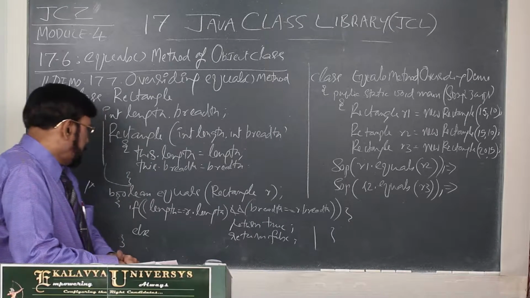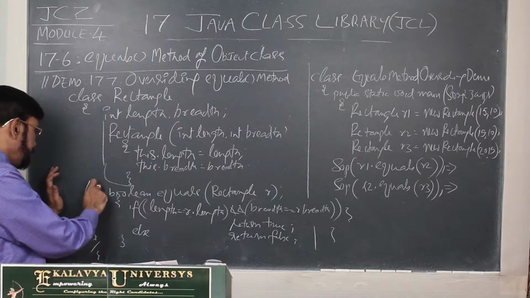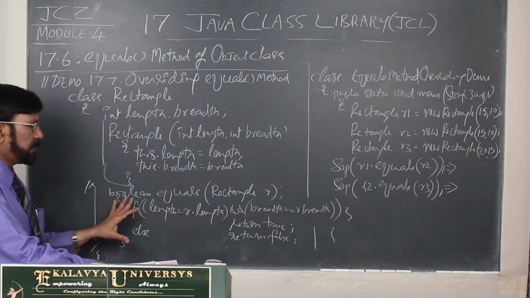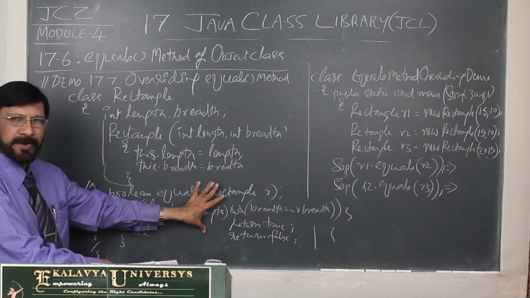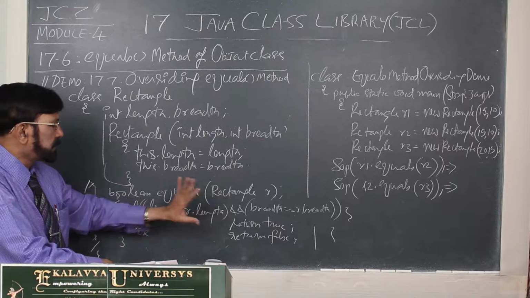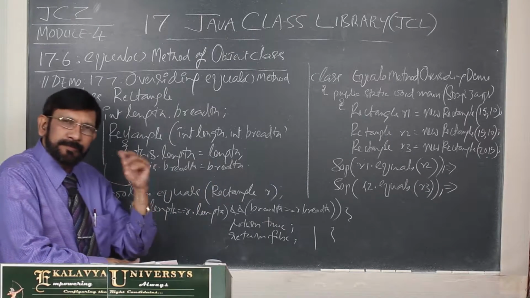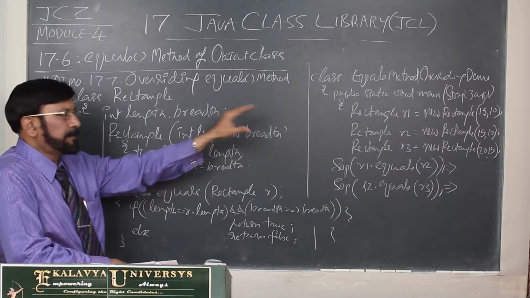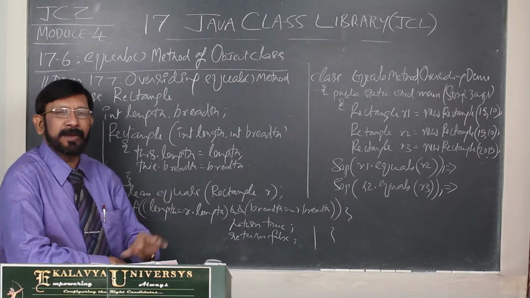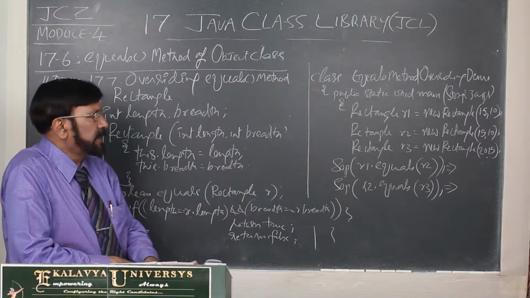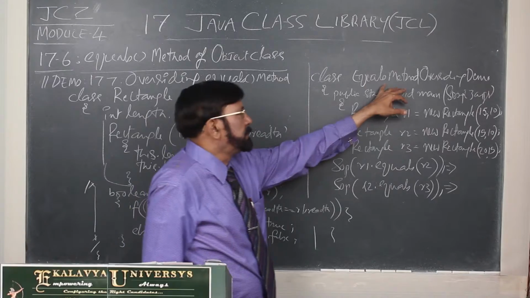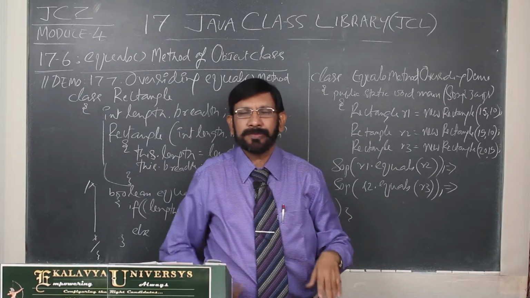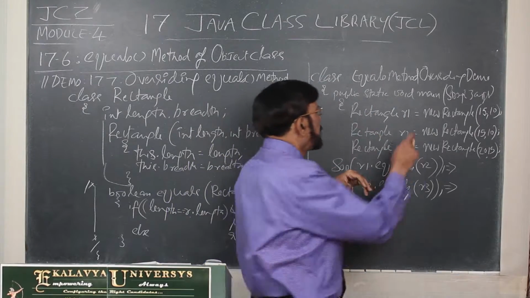Now here I overrode the method, and I commented it out using C comments. That is why there is no impact of it at first. That means without overriding the equals method, I am testing the equality of the Rectangle objects. That point you must clearly understand. Now this is the implementation, the equals method overriding demo, the class with main that I have defined.